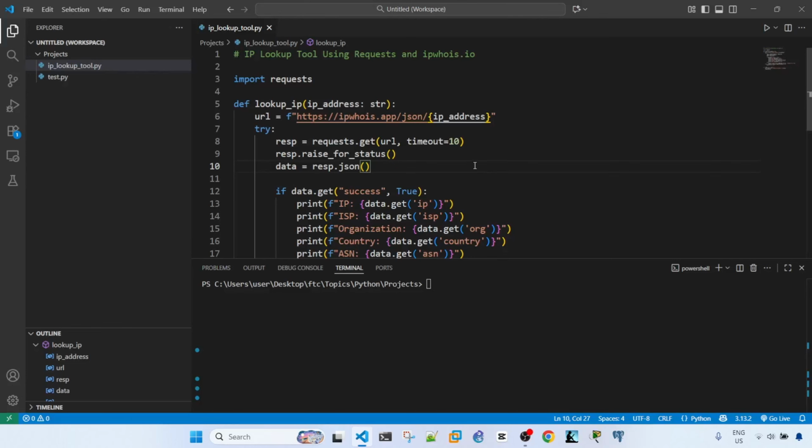Hey everyone, in this video I'm going to share with you the IP lookup tool that I created using requests and provided by this website. Okay, so I'm importing the requests library,